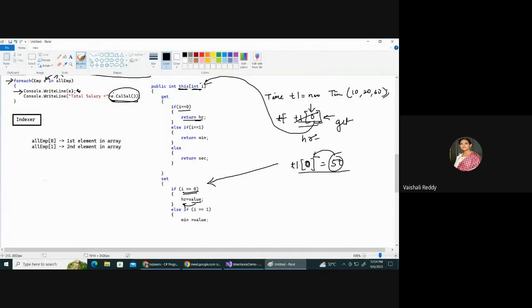ये वाला समझ, प्लीज रिपीट सेट। हाँ, ओके। So suppose I am writing Console.WriteLine t1 square bracket 0. इस केस में हम t1 0 की वैल्यू को रीड करके यहाँ प्रिंट कर रहे हैं मनोज। तो ये इंटरनली कौन सा मेथड कॉल करेगा? Get. But if I am writing t1 square bracket 0 is equal to something, say 30. So my intention is I am assigning the value here. तो जब भी हम वैल्यू असाइन करेंगे वो किसको कॉल करेगा? सेट को कॉल करेगा।